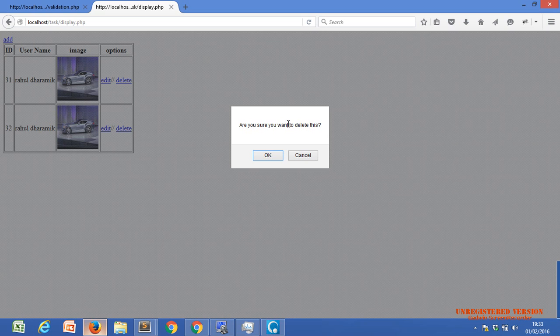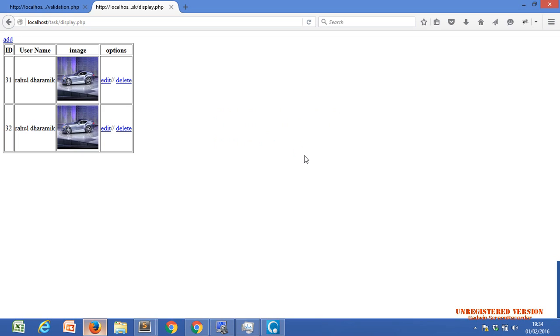Okay, in the alert box, we get only one button, the OK button. In an alert pop-up, whenever we click OK, it returns nothing, no true, no false. But in the confirmation box, we get one more button, OK and Cancel. If we click on OK, then the confirm function returns true. If we click on Cancel, then it returns false.